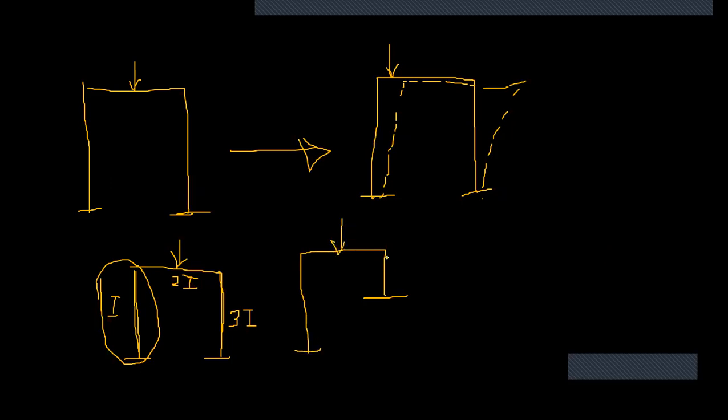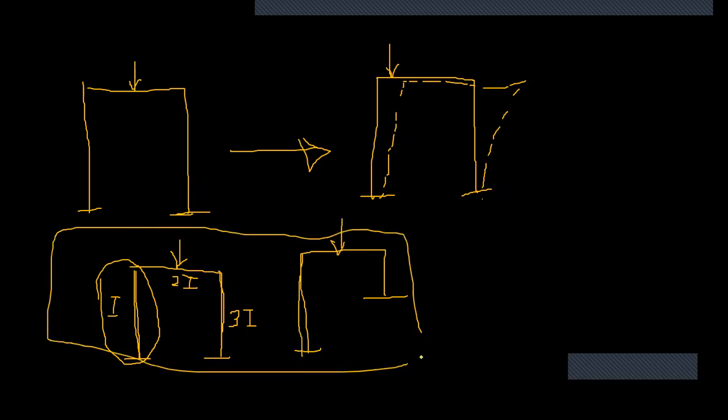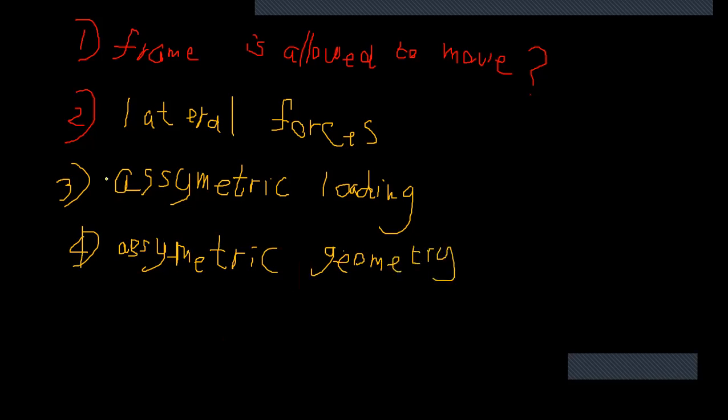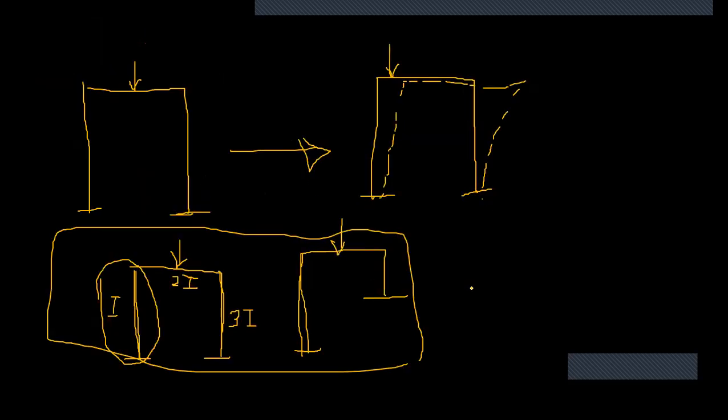So this length is short, right? So it can influence sway. So this is truly asymmetric geometric configuration, right? Lateral forces, asymmetric loading, asymmetric geometric configurations, and another thing is